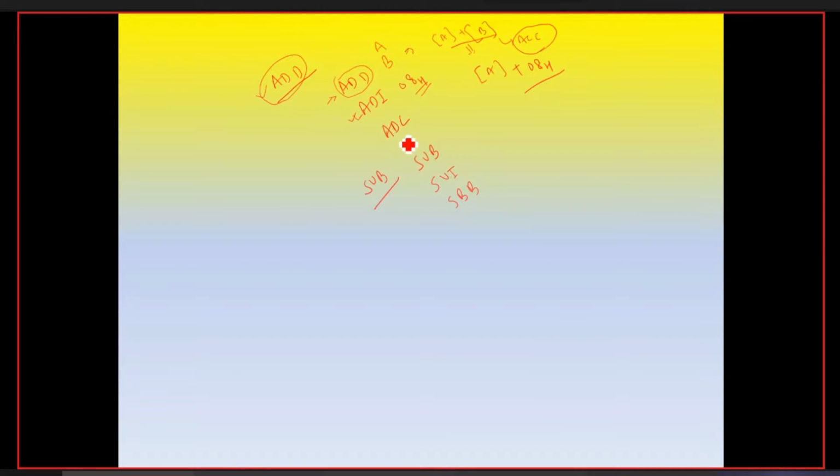In this, three instructions are there. For sub, three instructions are there. Similarly for JMP, jump also. So many things are there. So this 246 includes ADD, ADI, ADC, SUB, SUI. But if we talk about the main instructions, that is I think 74 or 76. The main instructions are 74, but the total number of instructions is 246.